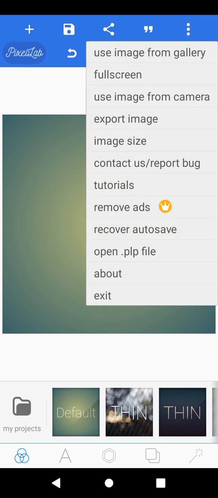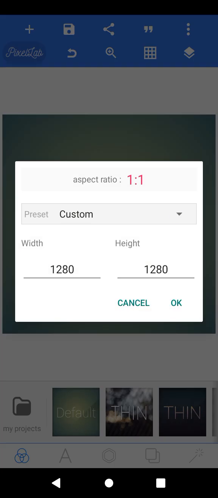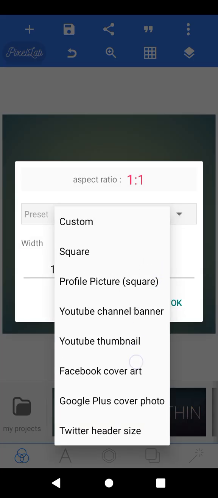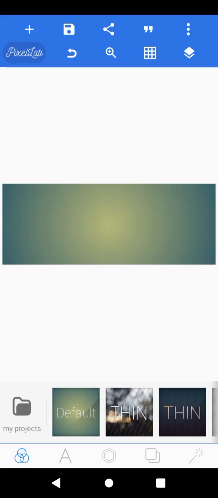To recreate this design, we check the image size. So we choose this Facebook cover art, so you can see it. Let me just horizontally keep my design. Then the next thing you do is to change this color. This is not the color I'm going to use. Come over here